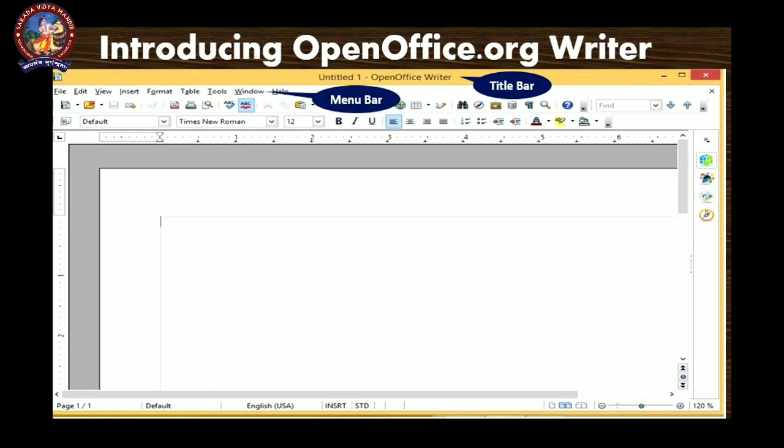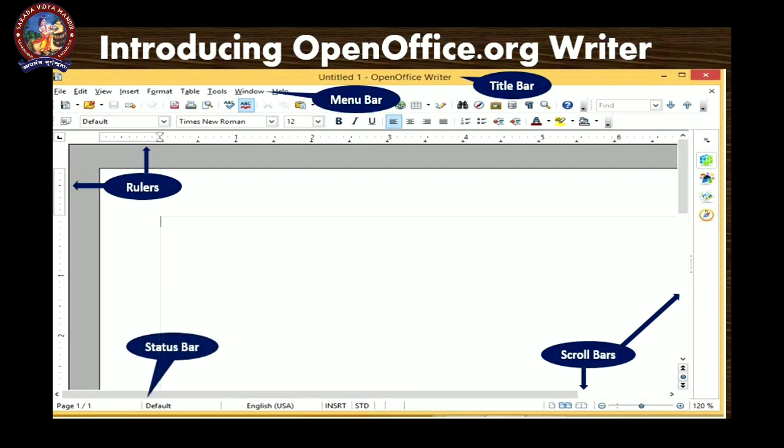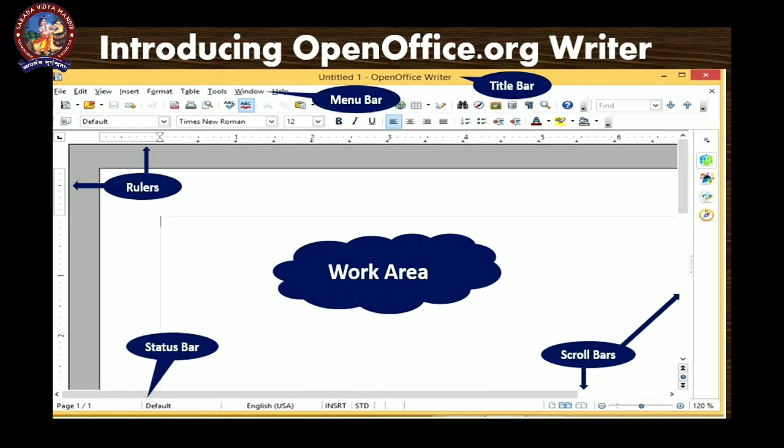Different menus are there. By clicking on the menus we can see what options are available. Then these two are the rulers, meaning the page size. We can change the page size from here. We can change the margin also. These two are the scroll bars, vertical and horizontal, and this is the status bar. At the center the page is called the work area.